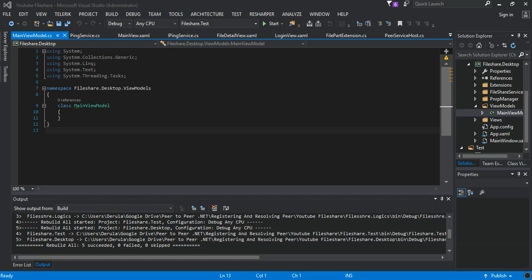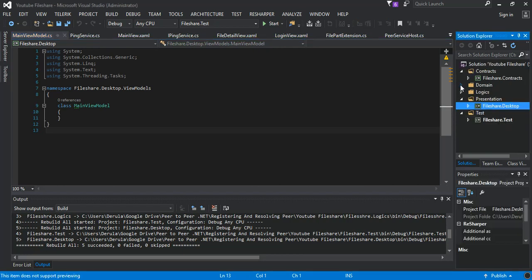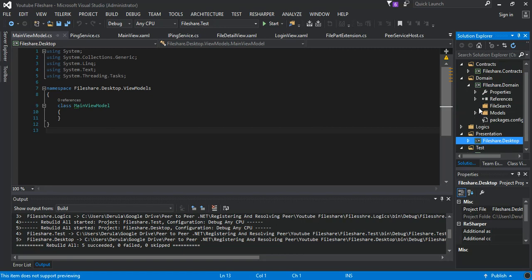This is part 10 of our peer-to-peer file sharing system. From this part, obviously we continue from part 9, so we keep on working on our file sharing services. We will as well work on the file search engine, to make files available to the connected peers. So rather than just talking too much, we just start working. First of all, we go to the domain, FileShare.domain, and